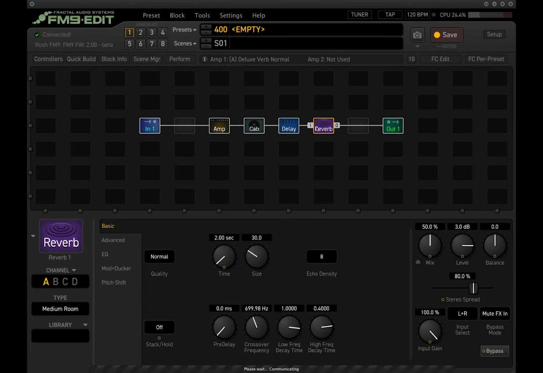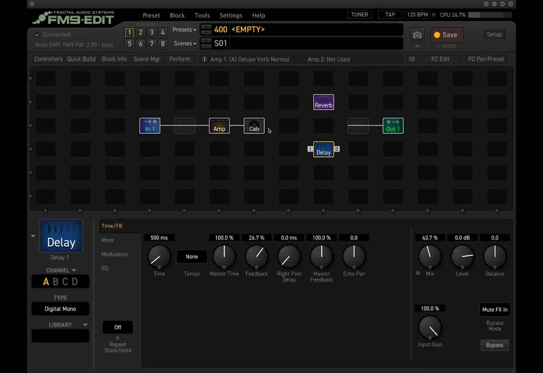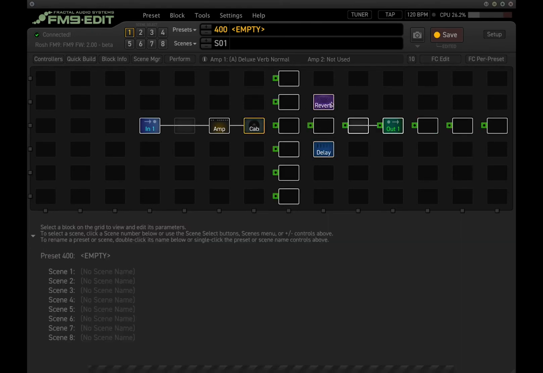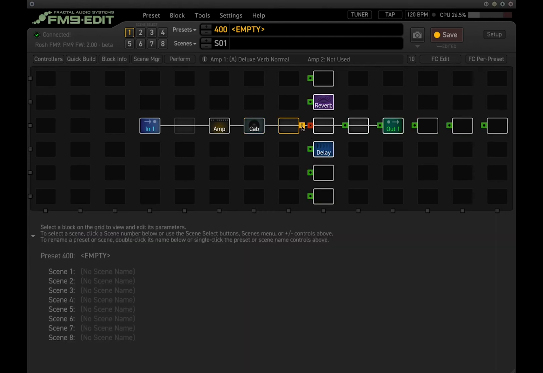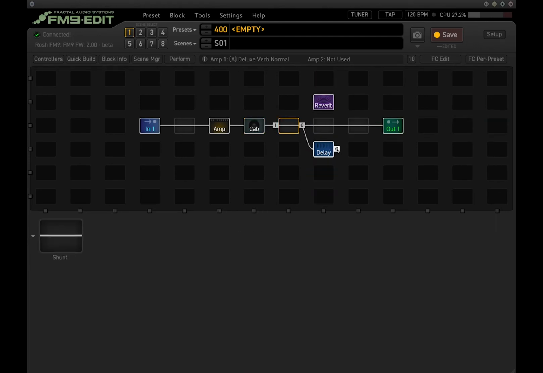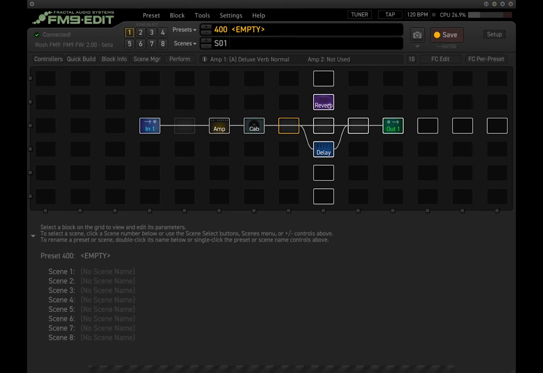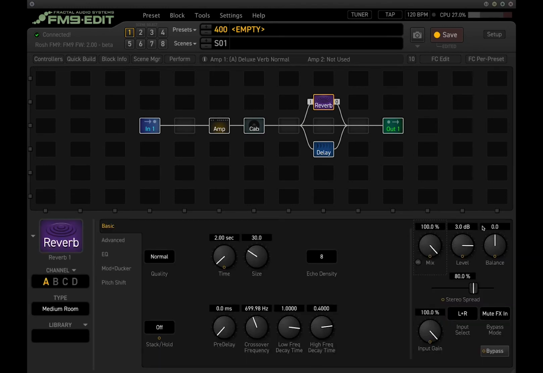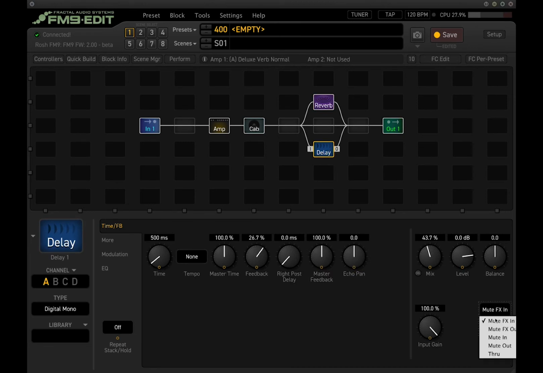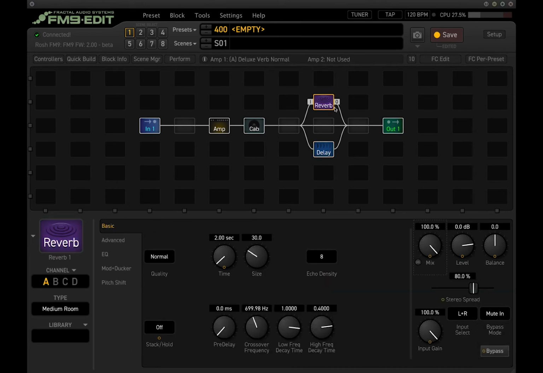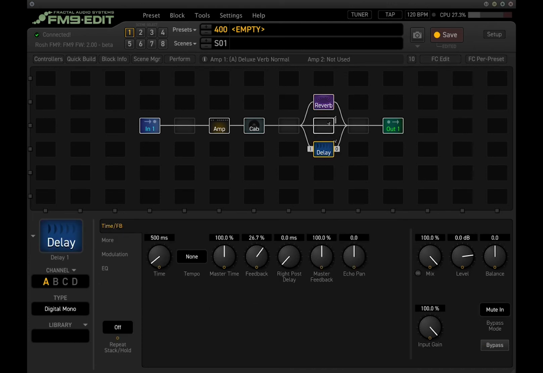I find that running them in parallel like this just allows me to custom tailor each sound that I want. So for example, I'm going to put these back in parallel. Let's connect these shunts again. Okay, and then make sure this is 0% mix, and this one is 100% mix. Sorry, pardon me. And now what this allows you to do, of course, is if you bypass the effect,